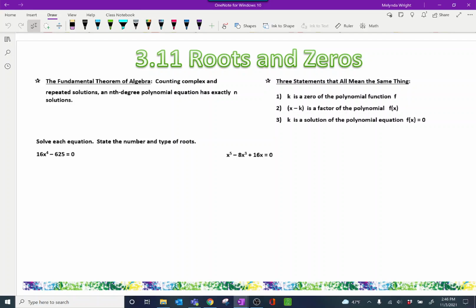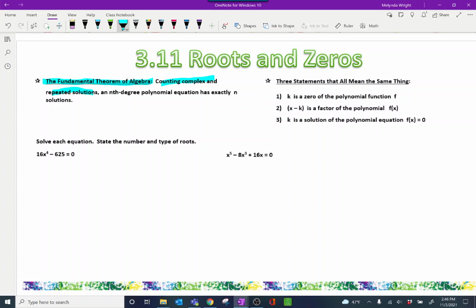All right, let's take a look at our lesson on roots and zeros. The first part is we're going to talk about the fundamental theorem of algebra. That sounds like a really big deal, right? Fundamental theorem of algebra. Basically, what it tells us is that if we count up all the complex and repeated